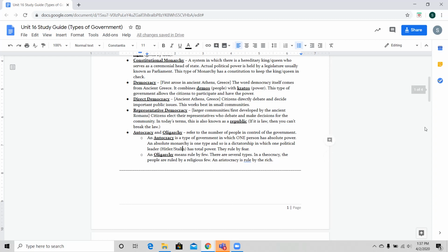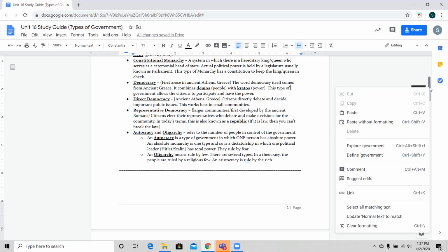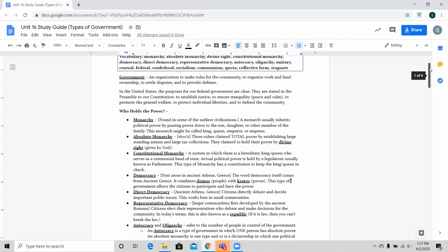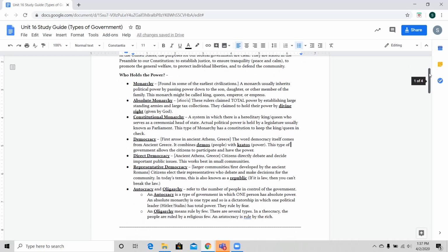So guys, that's really chunk one right there. I feel we went over everything very well, but again, just a quick review of it. You have your word monarchy, which is just king or queen. Another part that falls into that, really the two parts, is absolute monarchy, which means one person has all the power. Then you have constitutional monarchy, which means the king or queen are more ceremonial. They're just really the figureheads there.